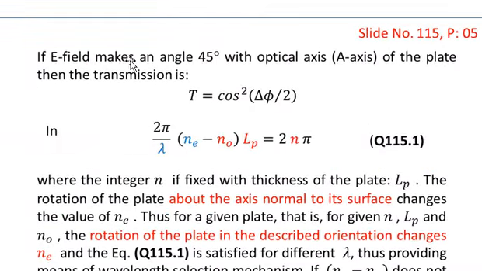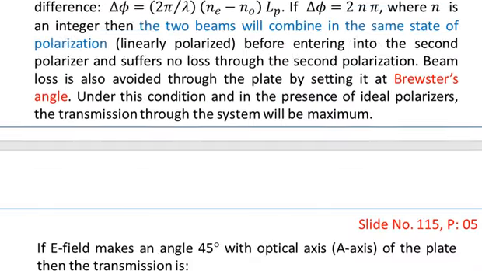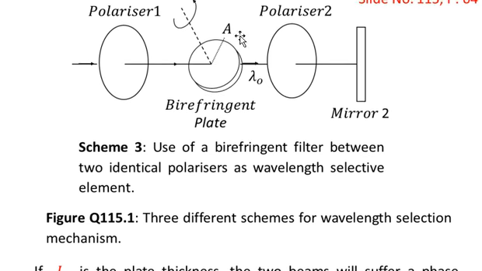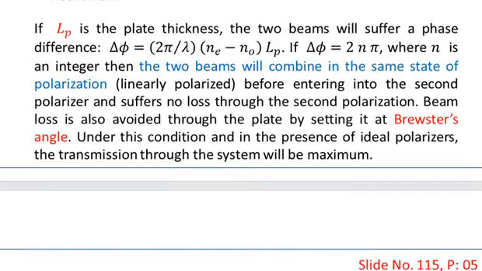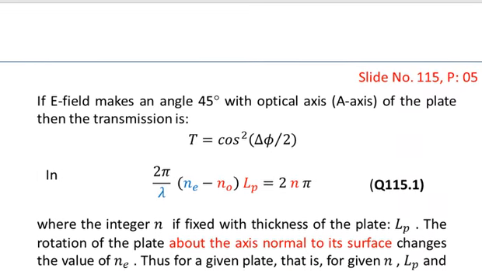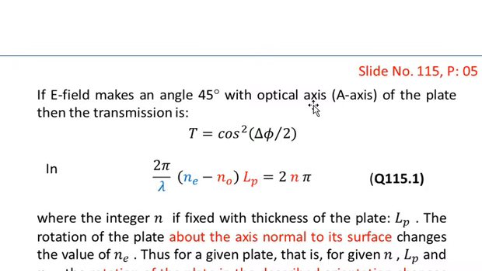If the electric field makes an angle of 45 degrees with the optic axis, that is the A axis which we have labeled over here. For example, look at this one. We have marked it as the A axis, which designates its optical axis. So if the electric field makes an angle of 45 degrees with the optic axis or the A axis of the plate, then the transmission is given by